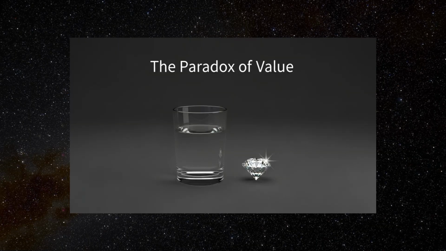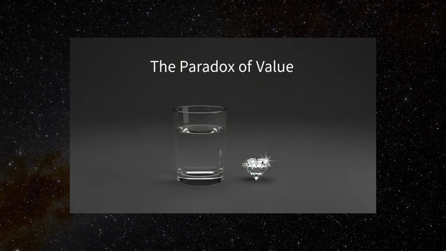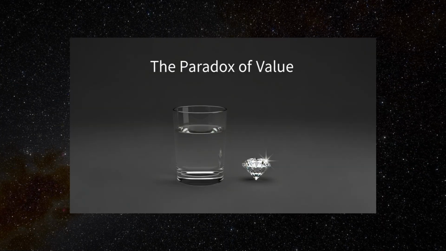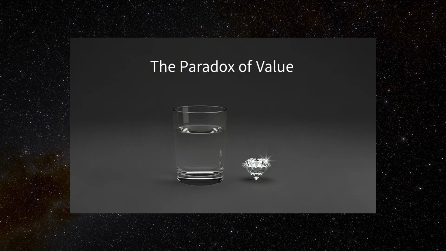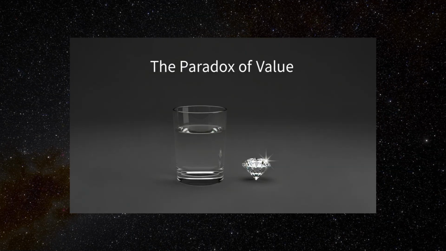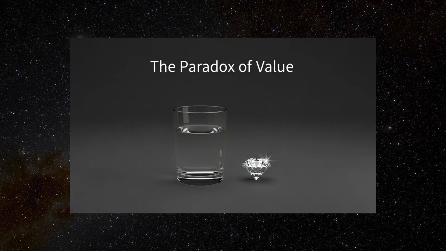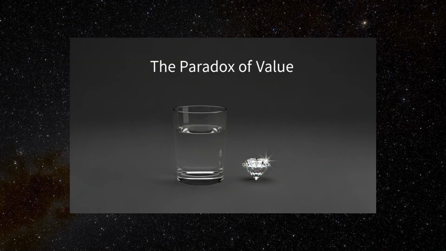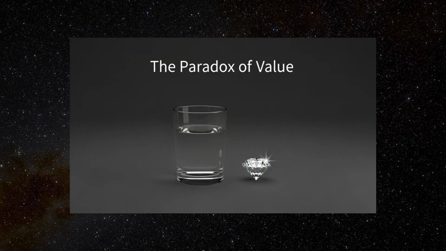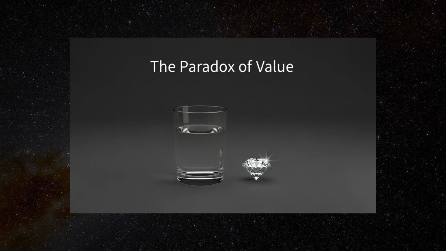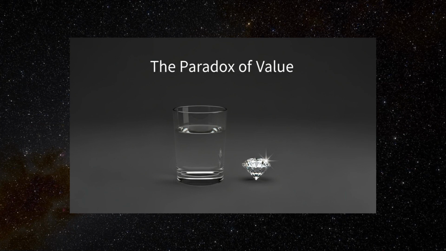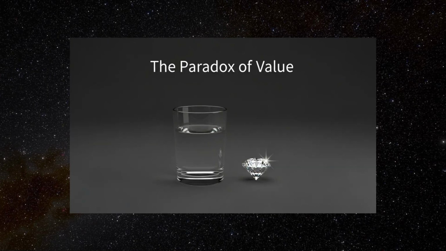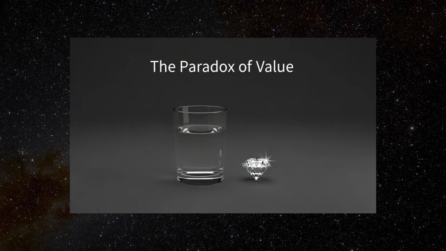Marginal utility refers to the additional satisfaction or benefit a person gets from consuming one more unit of a good. It's not the total usefulness of the good that determines its price, but rather how much people are willing to pay for an extra unit of it, given its availability and their needs. Water, while essential, is usually abundant in most environments. Because it is easy to access, the marginal utility of an extra cup of water is relatively low. People already have enough to drink, wash, and cook.